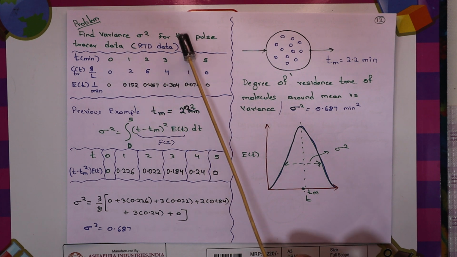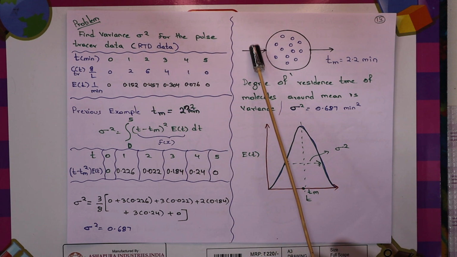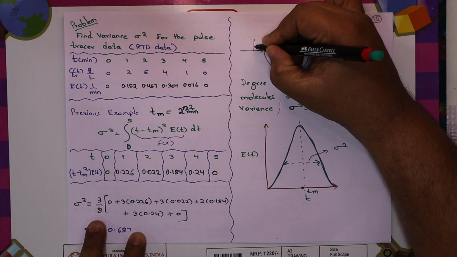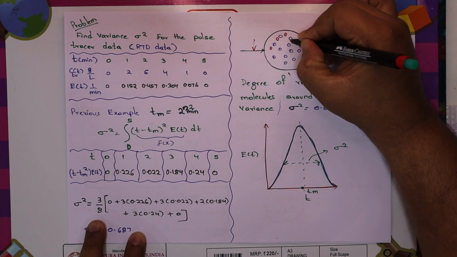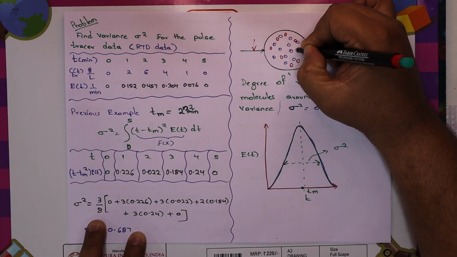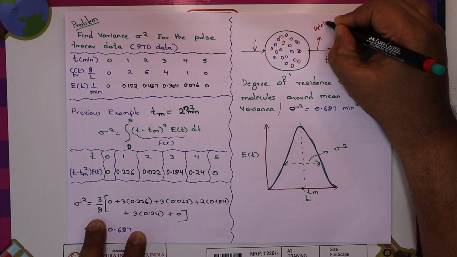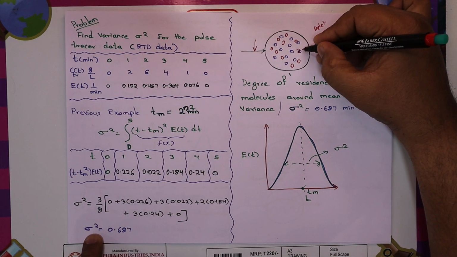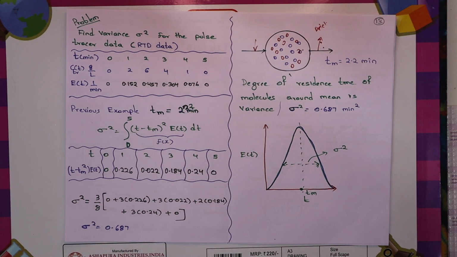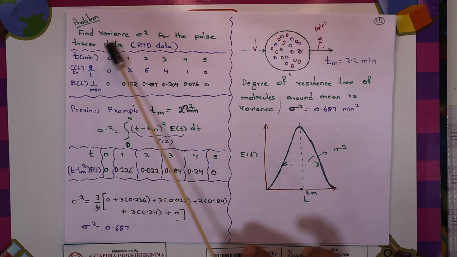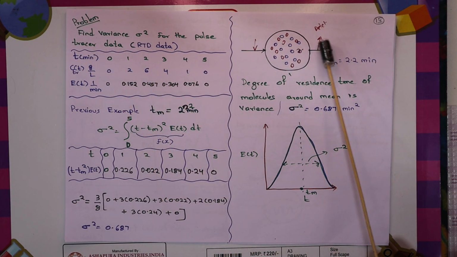Imagine there is a pulse input. That means you have input some amount of pulse, so the tracer molecules also go into the reactor, and there is a detector. It will measure how much of the tracer molecules is coming out along with the regular reactants. Based on this experimentation, I know with respect to time how much concentration of tracer